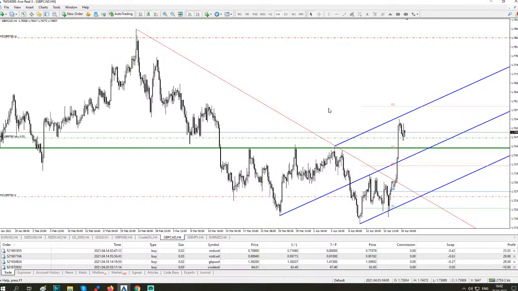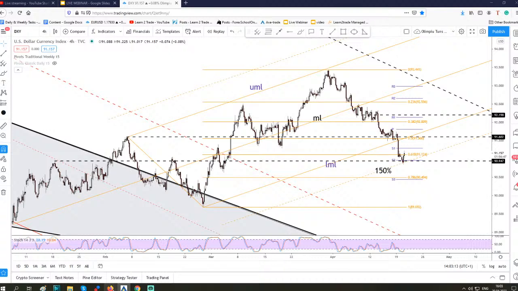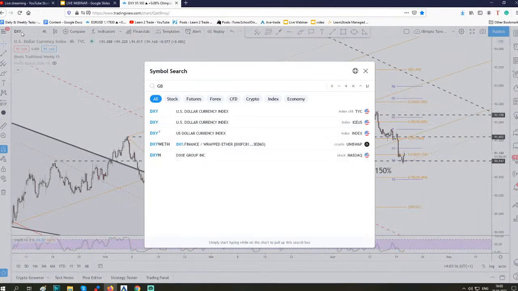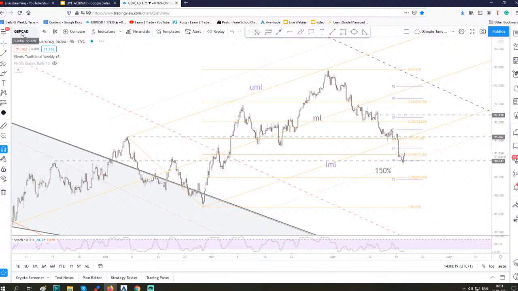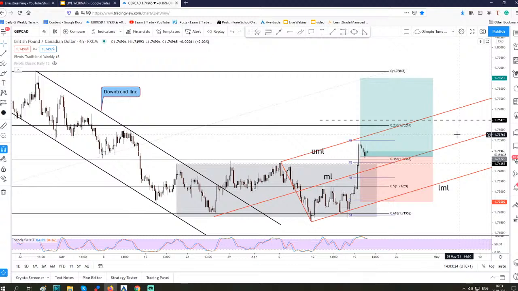our long position and our take profit are still achievable. So as you can see here in our real trading account MT4, the price has jumped above the entry level. It almost reached the upper medium line of the minor ascending pitchfork. It has decreased a little, but the bias remains bullish. And let me show you GBP versus the Canadian dollar. So the buying position could